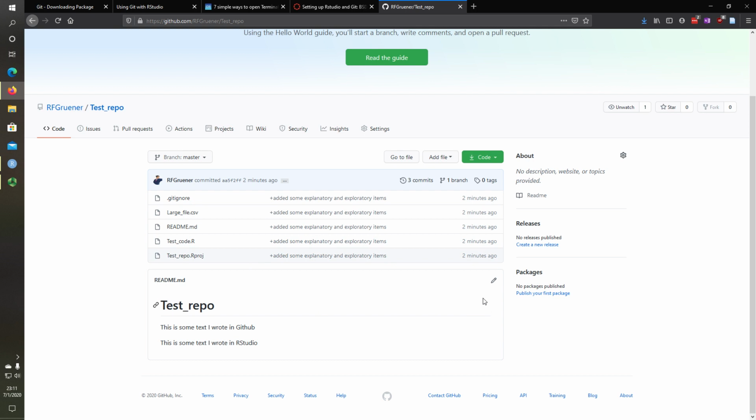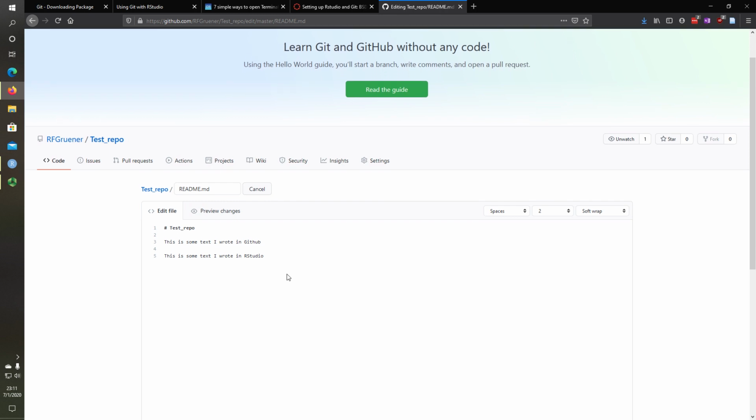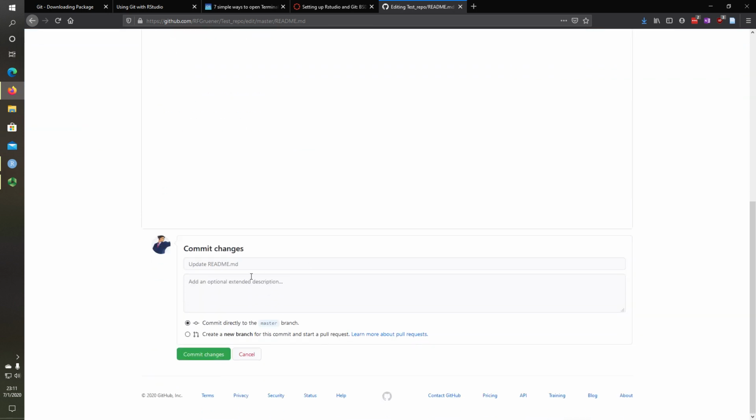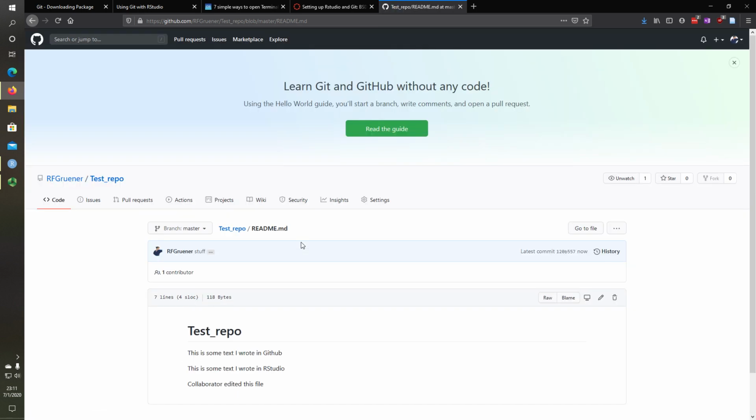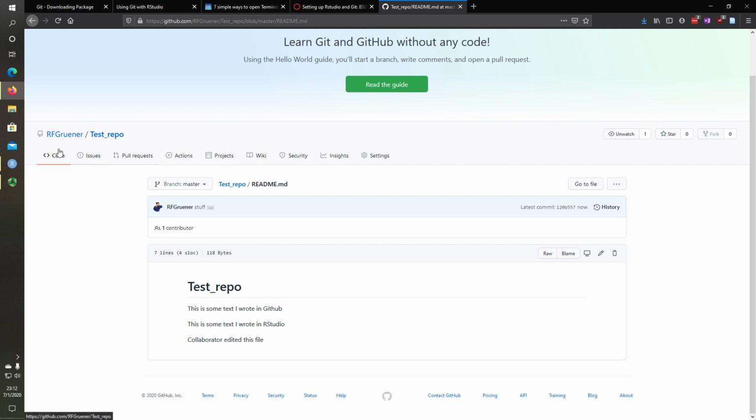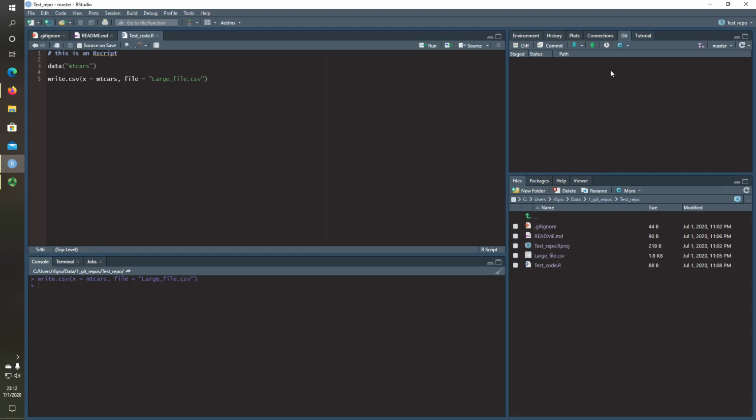If I wanted to add another file, let's say I wanted to edit the README in GitHub, which is not something you typically do, but let's pretend I had a collaborator and they wanted to edit this file. So let's say the collaborator edited this file. Again, I have to commit the changes. Commit changes. So now I have this change that's up on the repo, but it's not in RStudio,